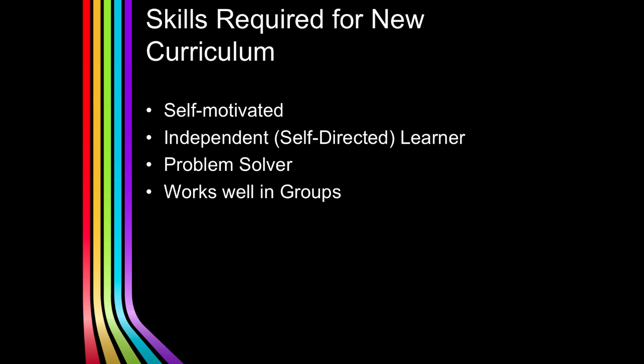So what kind of student are we looking for? We're looking for the self-motivated, independent, self-directed learner, the problem solver, and somebody who works well in groups. Our curriculum is very much based on teamwork, team-based learning, and we need students who are going to be go-getters, who are self-motivated, who will be lifelong learners, and who will